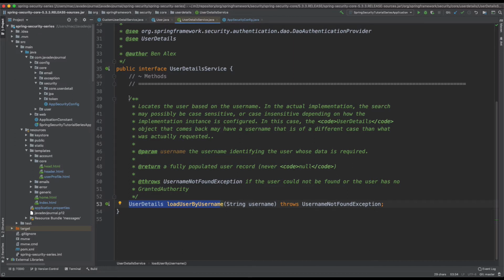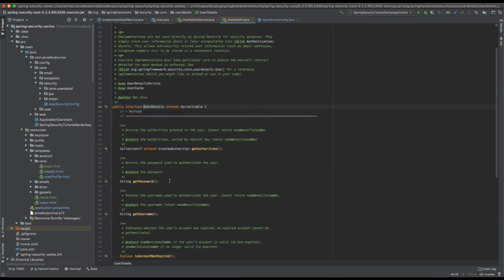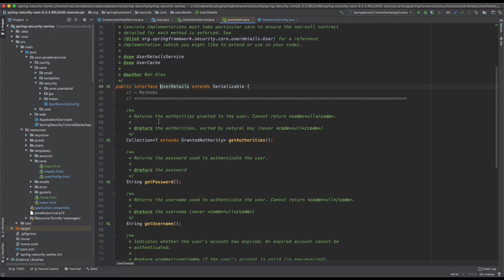And if you look into this discussion, that's what I was talking about. There are n number of different ways you might be storing data, right? So you are the best person to know how to load that information back from the database and hand it over to Spring Security. The only difference is your user object might be something different. So once you load the user object, you have to convert it into the UserDetails object. And this UserDetails is again an interface provided by Spring Security. Again, you have the flexibility. You can create your own UserDetails object, and then you can also pass some additional information.